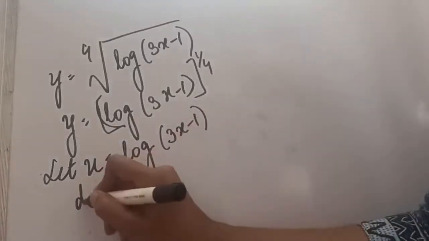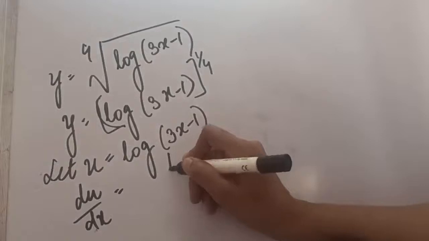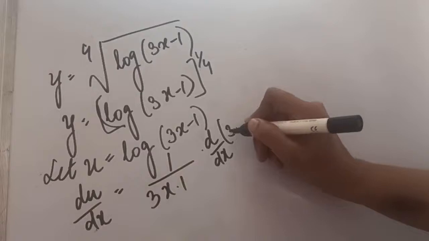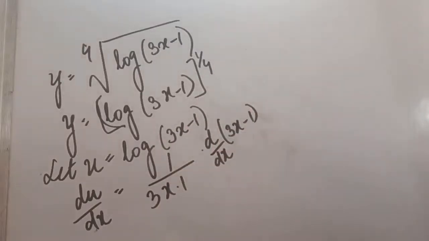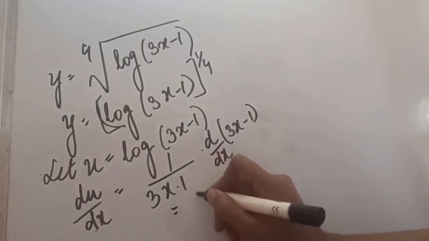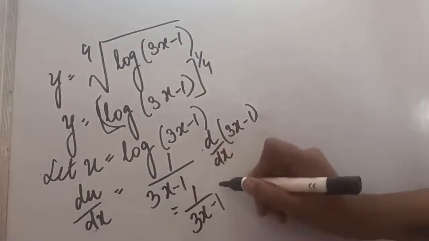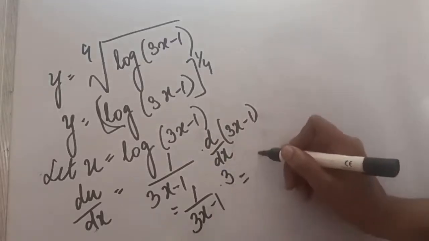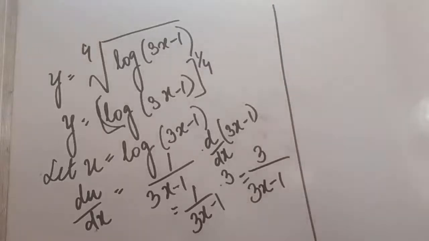So if we take the derivative, this is du upon dx. Here the derivative of log 3x minus 1 will be 1 upon 3x minus 1 into d upon dx of 3x minus 1, because this is the log's derivative. Now the internal derivative we will also take. So taking its further derivative, this left portion is 3x minus 1, whose derivative will be individually taken, so it will be 3. So our answer here comes out to be 3 divided by 3x minus 1. So this is the first part of the question we have solved.